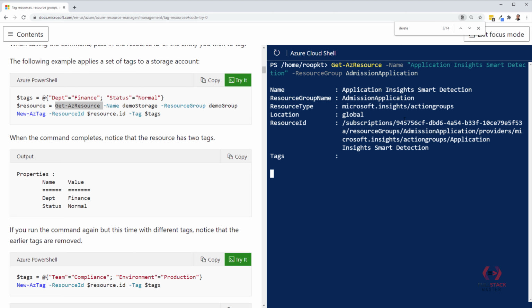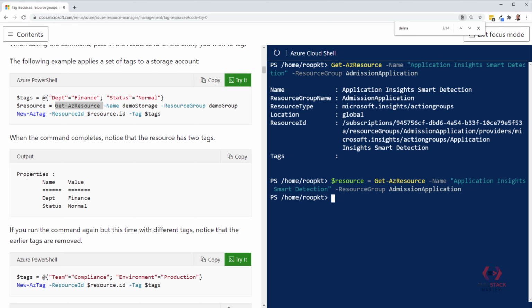If I hit enter, I will get the resource. Now this is the resource I'm fetching. I need to first put this resource in a variable so that I can use it. So resource is equal to Get-AzResource with name and resource group, and you get the resource.